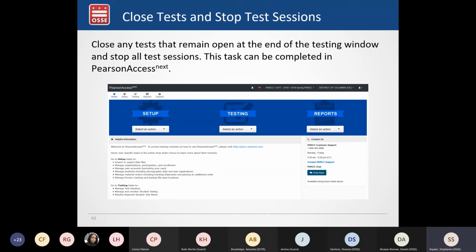While this slide does apply to the end of testing overall within a school, it's also important that test administrators lock units within Pearson Access Next after each test session so that students can't access the incorrect unit when they come back to test another unit. So after students finish Unit 1, the test administrator should make sure that they lock Unit 1 so that when students log in again for Unit 2, they don't accidentally go back into Unit 1.